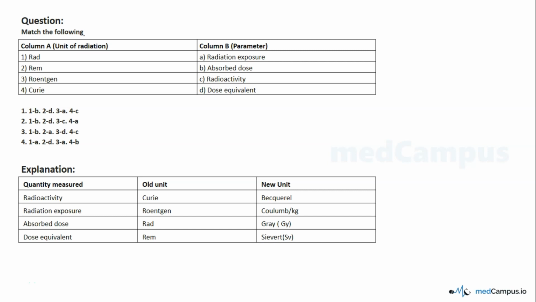So this is a match the following type of question from radiology, or to be more precise, from radiotherapy. We are looking at the units of radiation in column A, and in column B the parameters which are measured. They have given the units rad, rem, Roentgen, Curie, and the parameters exposure of radiation, absorbed dose, radioactivity, or dose equivalent. So we'll look into the details of a very important topic from radiology